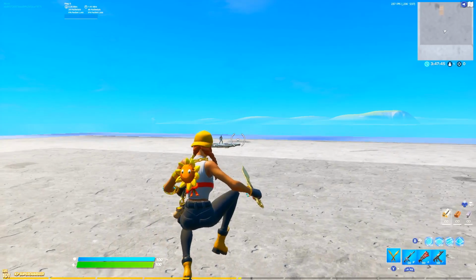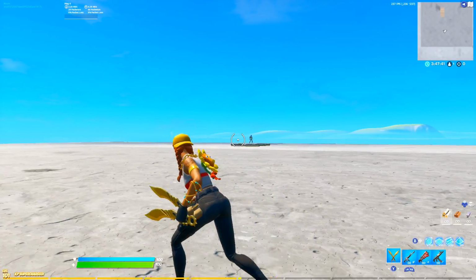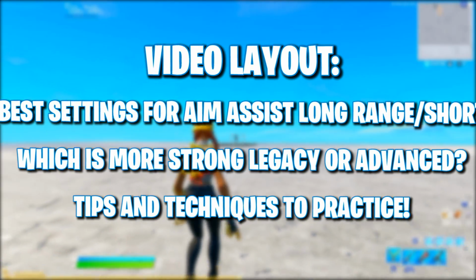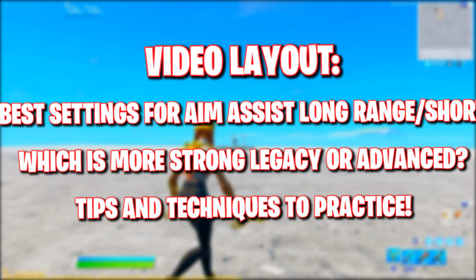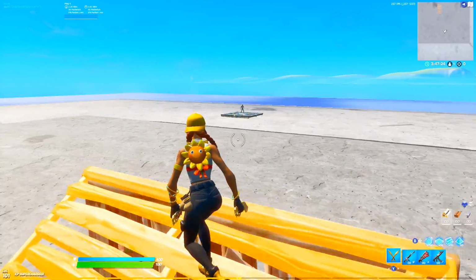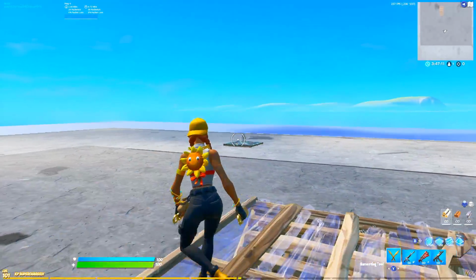Okay, let's start by deciding what sort of aim assist you're looking to abuse in today's video and what you want to come away from it. We're going to start by showing you the best way to abuse aim assist at long range, then moving on to the best way to abuse aim assist at short range, and I'm going to be giving you all the best tips for that. Then we'll be moving on to if legacy could be a better option than advanced, or if advanced is still on top, and then at the end of the video we'll be going over training and techniques to enhance your aim and make sure that you're a better player overall. But anyways, let's start with the long range distance and how we can